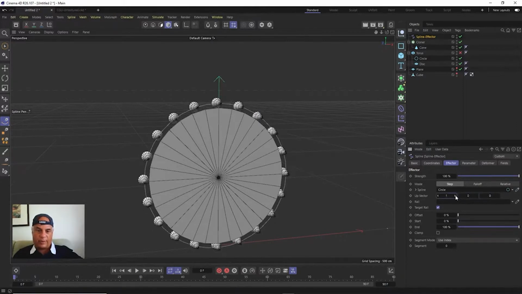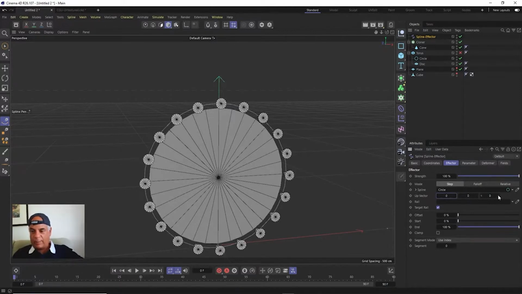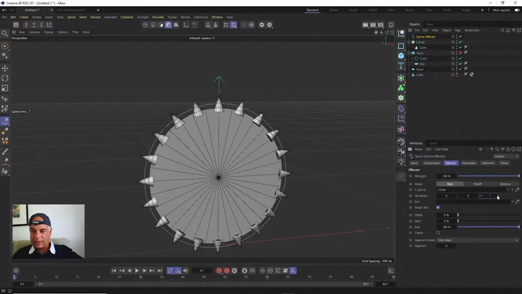And this one would flip it that way too, because it's sort of doing the same thing. But it's this one that you want to change, the up vector. So there you have it. So now it's kind of starting to do the right thing. Okay? But the problem is that